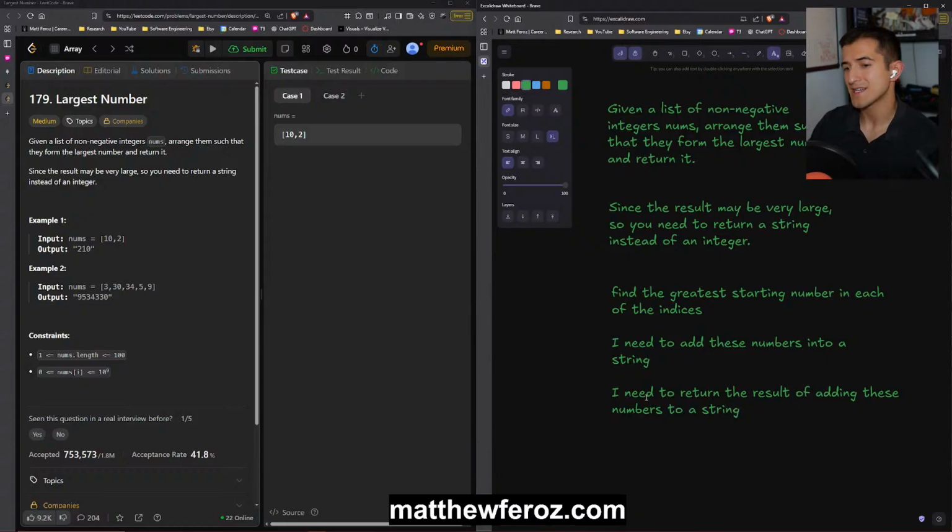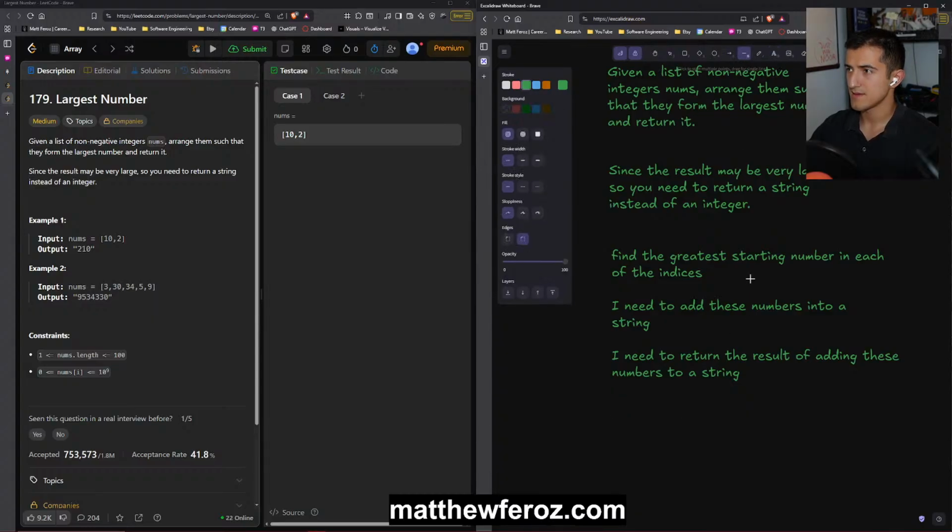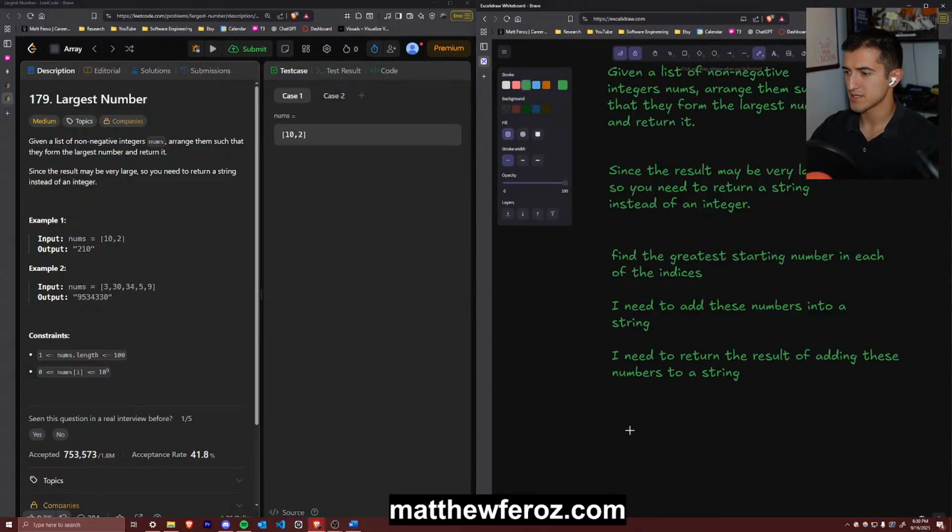Okay, so how do I actually do that? The first thing I can do is, if I need to return a string, then I probably need to have some sort of way to store that information. So we're just going to say result equals string.